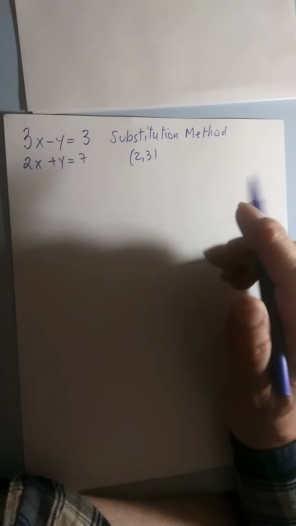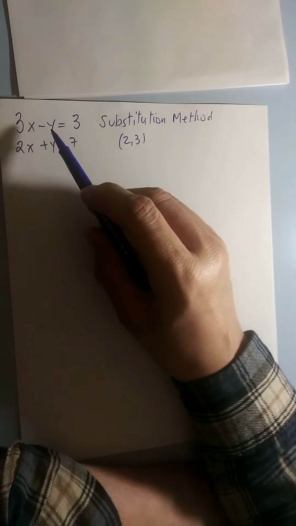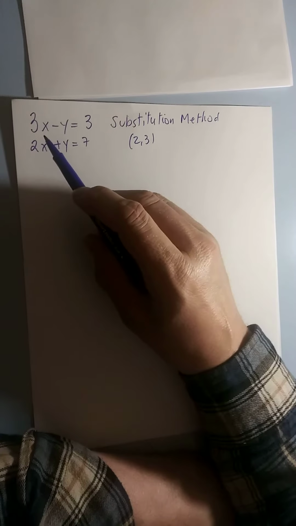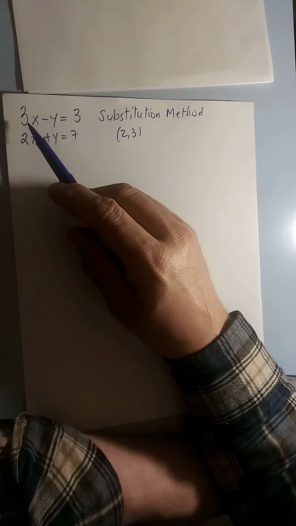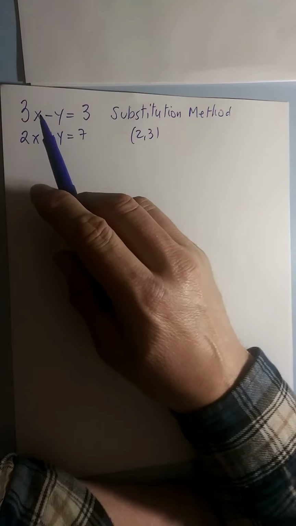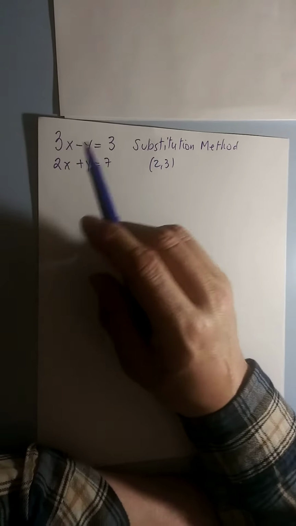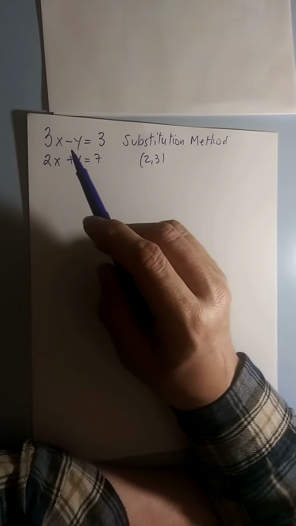Today we're going over the substitution method. In the substitution method, we look to eliminate one of the unknowns, x or y. And we're going to start with this example, which we already solved using the addition method. And basically what we need to do in the substitution method is pick one of these letters and solve for